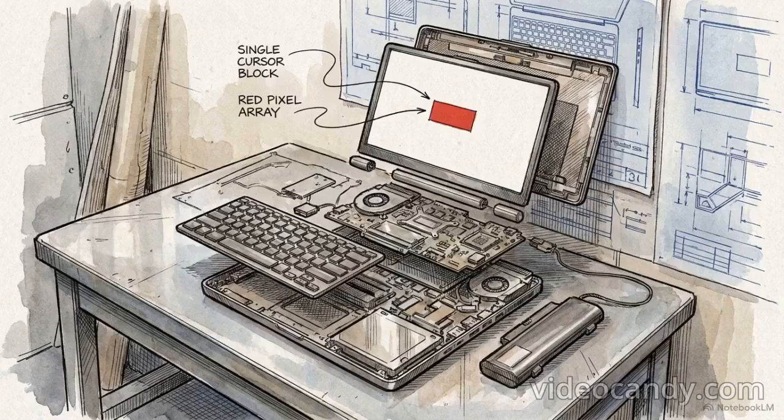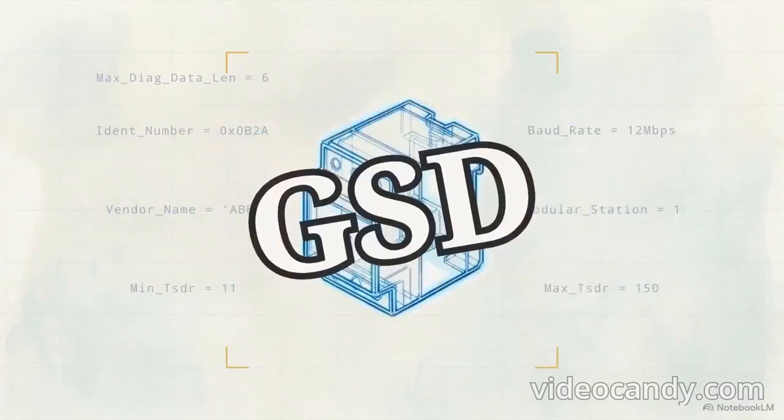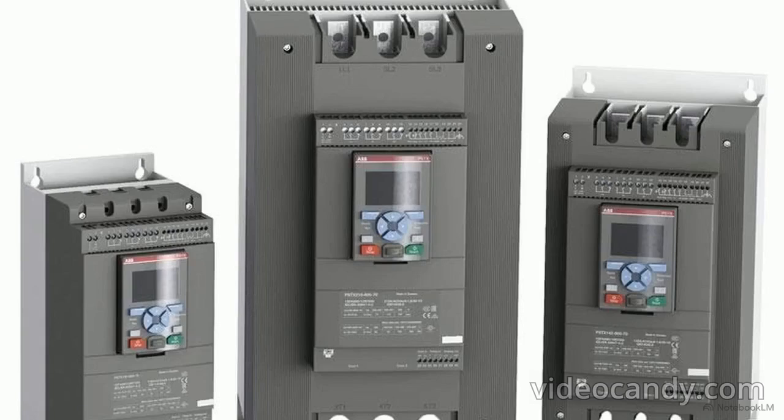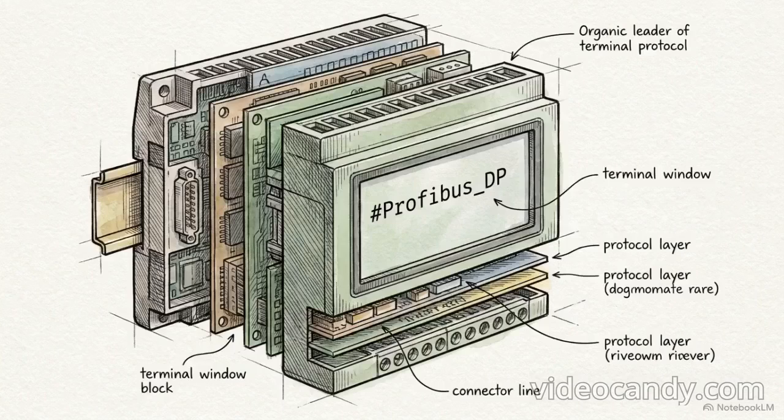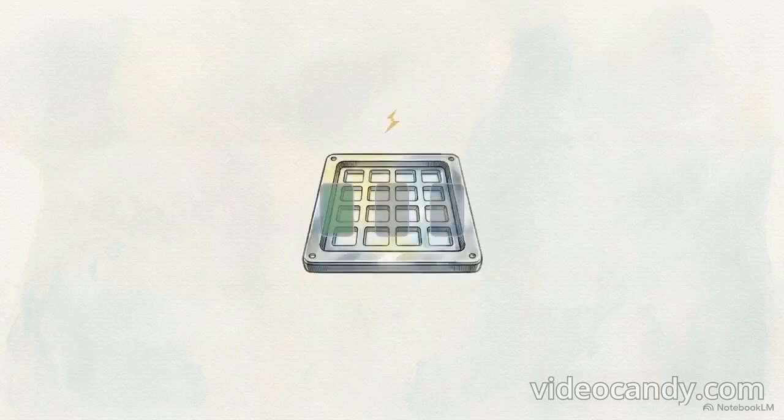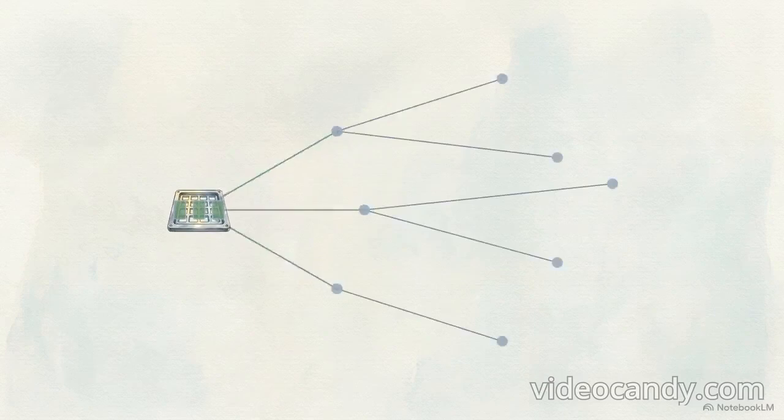The actual breakdown is happening entirely in the logic, specifically a misconfigured software blueprint known as the GSD file. Industrial hardware, like these ABB soft starters, relies on precise commands to manage heavy electrical loads safely. That capability is inaccessible if the master controller cannot understand the specific language of the device. The General Station Description, or GSD, is a mandatory ASCII text file. It defines the hardware's internal register structure and electrical tolerances, providing the network logic with a precise map of the